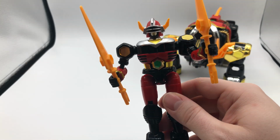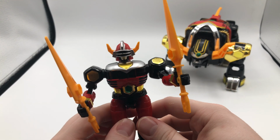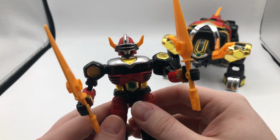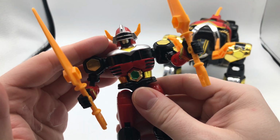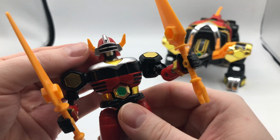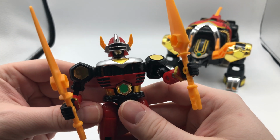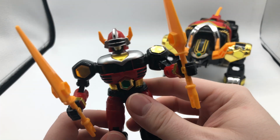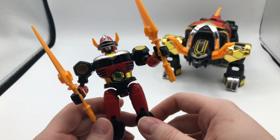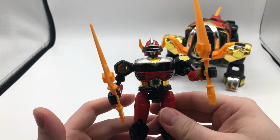I owned the American version of this years ago, but I didn't really remember too many differences. But this guy came directly from Japan, and when I opened it and was removing him from the box, one of his horns broke in half. Now, I am not an expert at super glue. I tried it, but it just wouldn't stay because I guess it's too tiny of a space for it to really connect. So I actually had to order a replacement Mega Defender, and I got an American one, so I know firsthand what the differences are,